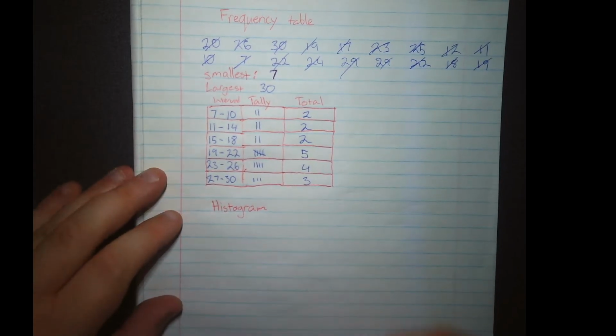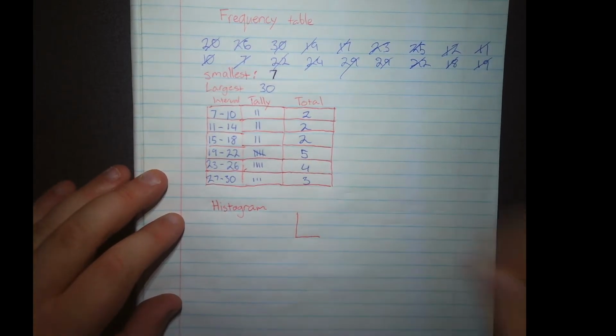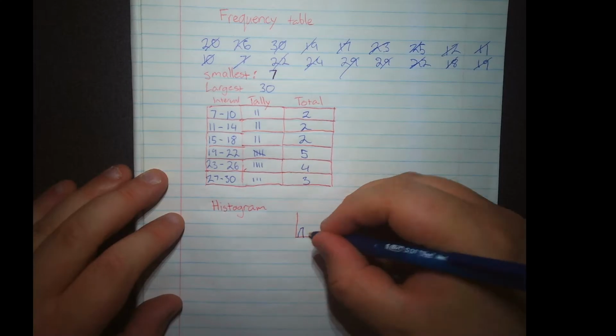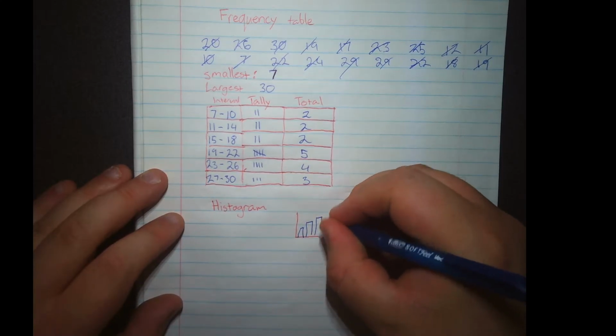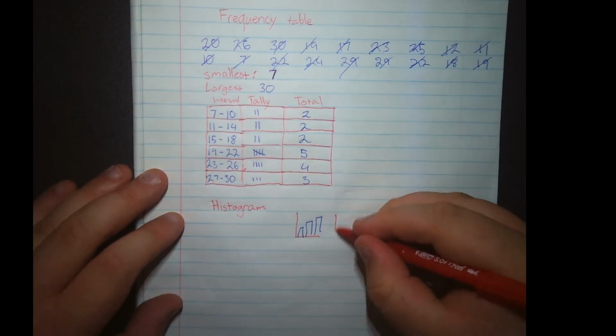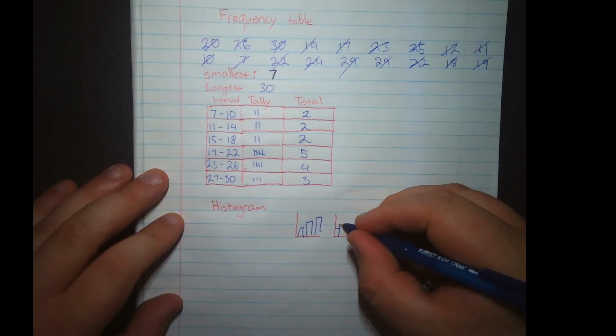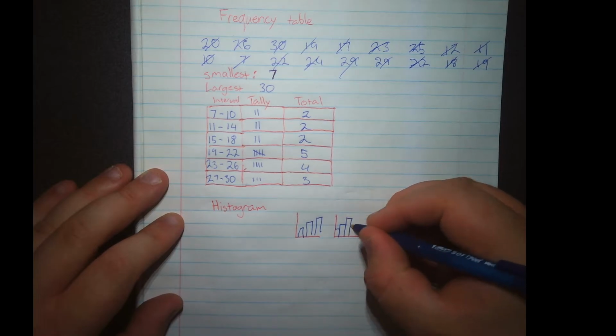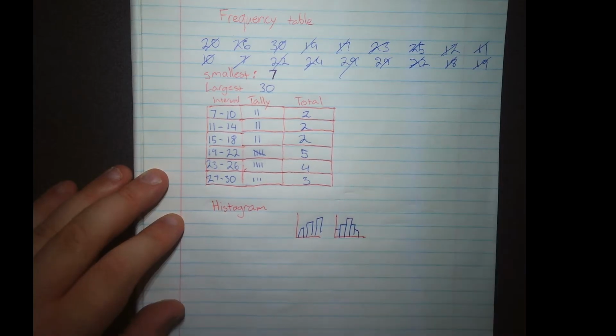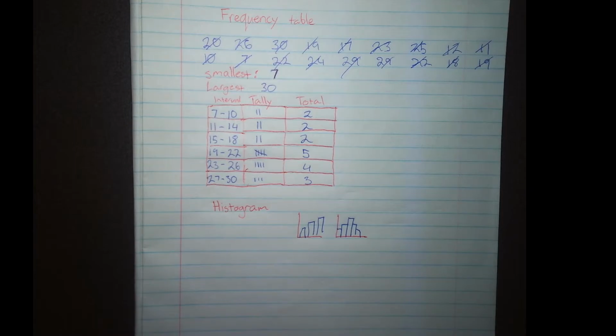So a bar chart looks like this, whereas in a histogram they're all pressed up against each other, so it looks more like this. So they're very slightly different. So let's use the same values and we'll draw up a